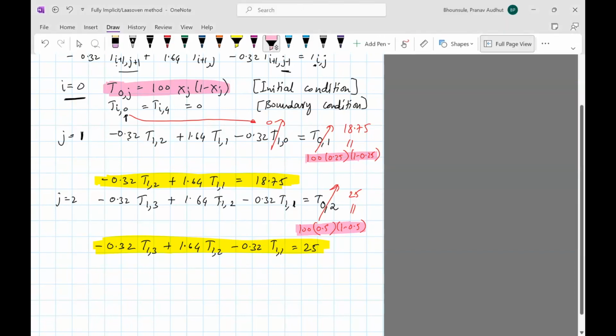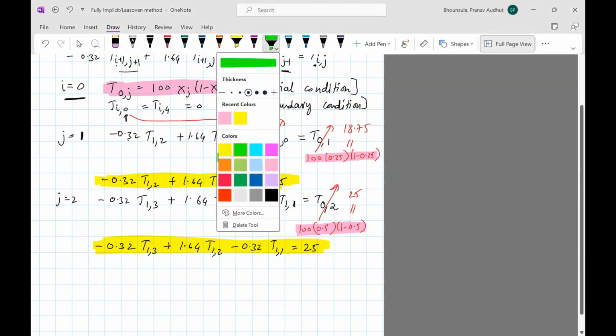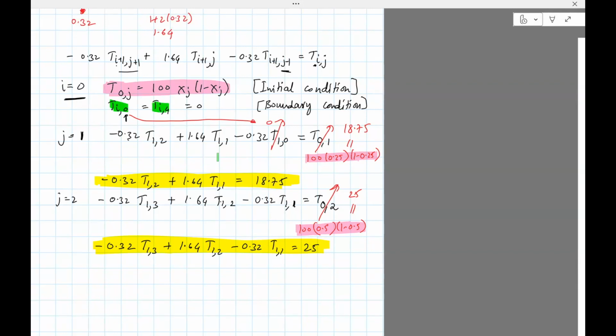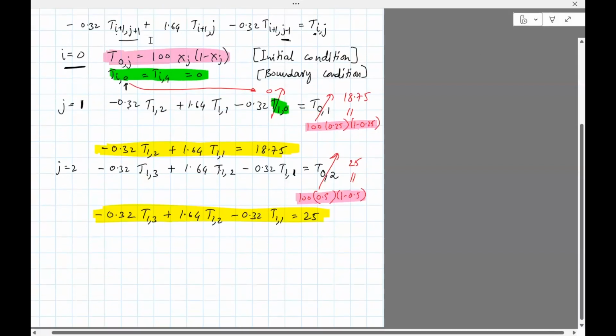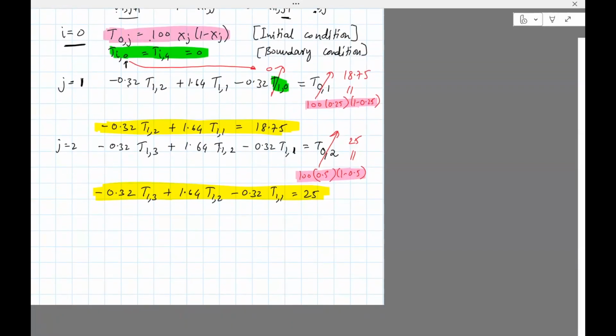Looks like this makes it a little bit more clear. Let me do it. This condition is green. Same conditions here. Okay, one more and we are done with this. So let's put j equals 3. So minus 0.32